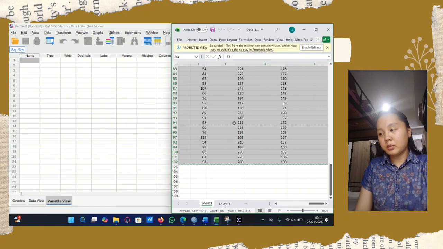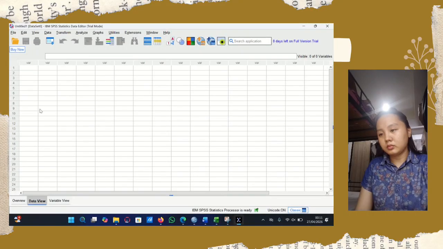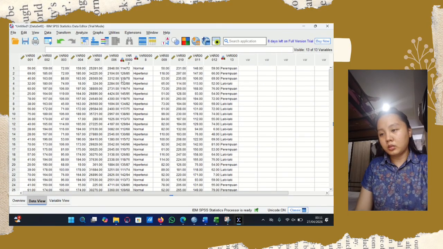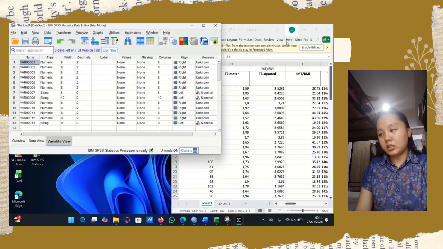The first variable is age, then we change the second variable into tinggi in Indonesian, or height in English.